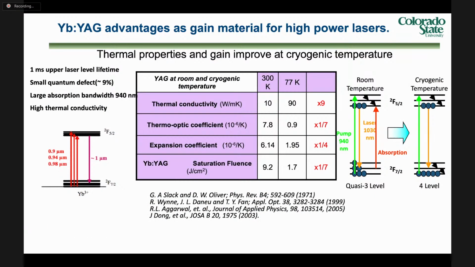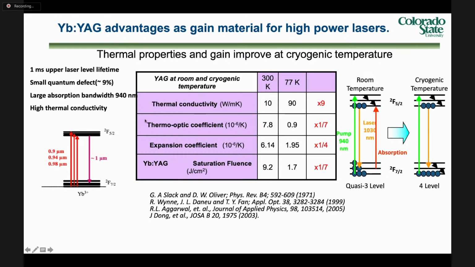And as I mentioned, these amplifiers are cryogenically cooled. And this laser is diode pumped. Being ytterbium, it has the advantage of having a relatively long upper laser lifetime, a millisecond, which is good to pump with laser diodes. And it can be pumped with, for example, 0.94 micrometer commercially available diodes, and lasing occurs at 1030 nanometers. So it has a very high quantum efficiency, that is, the quantum defect is only 9%,